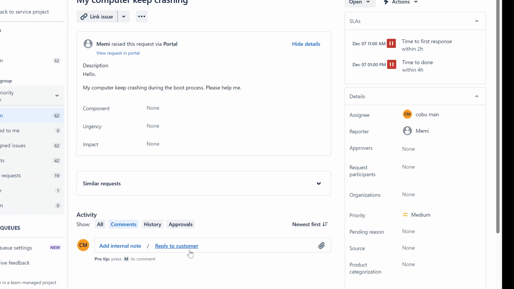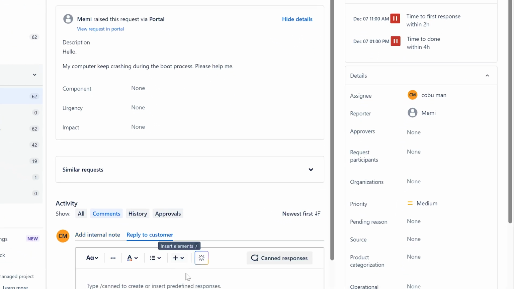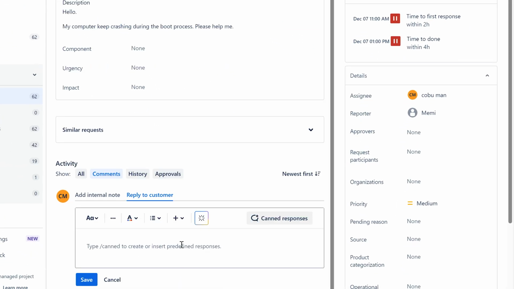All right, with that out of the way, I will just go ahead and send a reply. And these tickets are, again, from the viewers that send me these issues. And for those reasons, since I don't have direct access to their computer, I will just go ahead and send them a possible solution. So let's go ahead and just say, this could be caused by